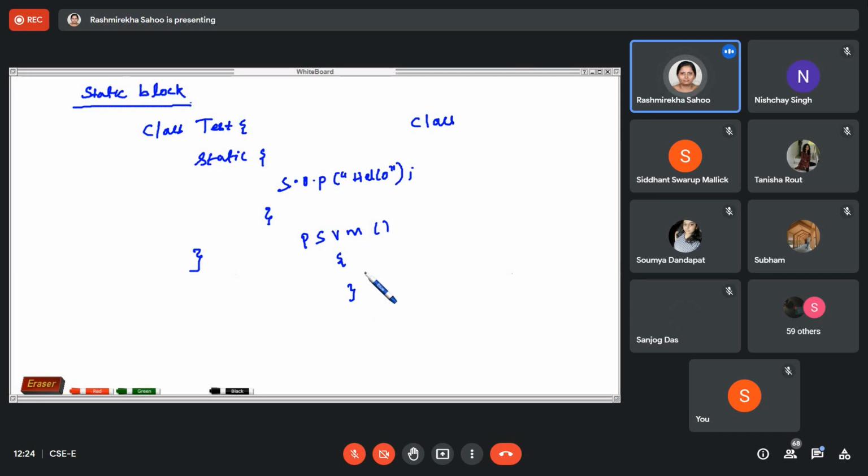So if I write here System.out.println I am in main, now you execute your program. Tell me the sequence. What output is coming first? I am in main or hello? Hello, then I am in main. That means the static block is executed first. Then the main method is executed. That means the main method is not required for that static block. That's why before the main method execution, this static block gets executed.